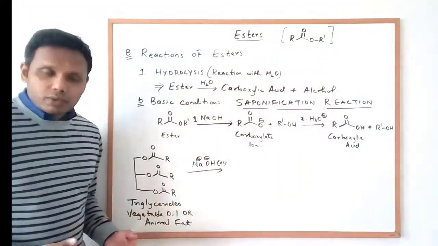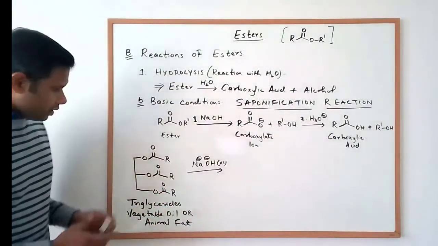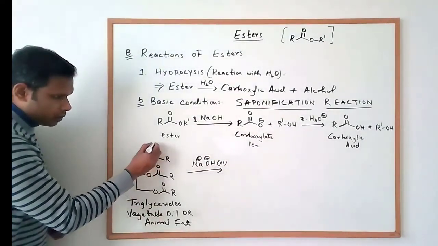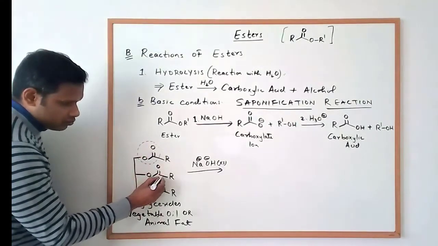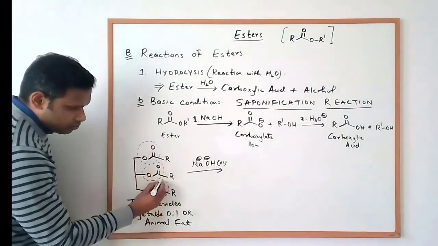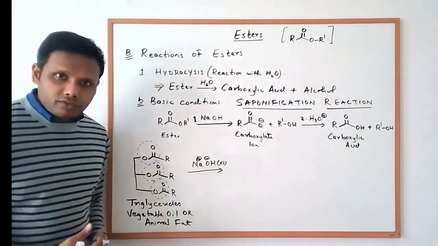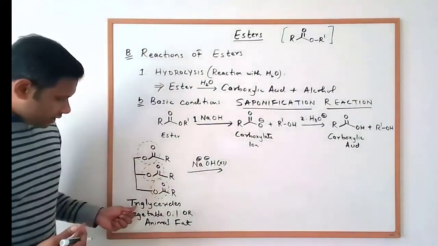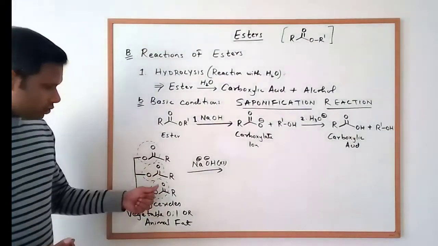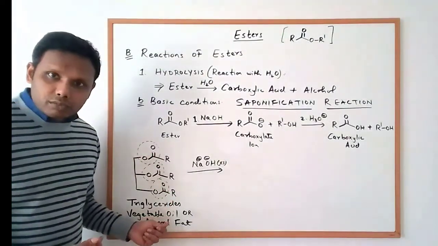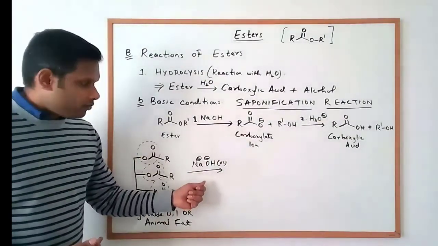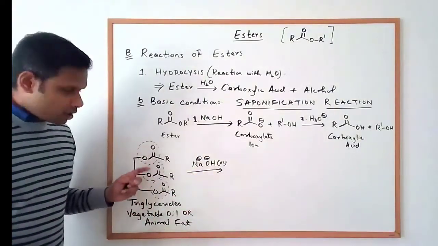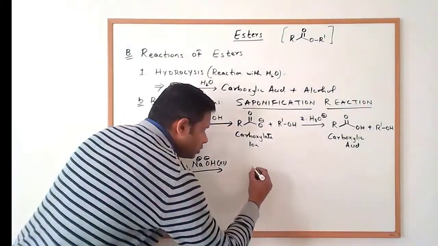So the molecule of vegetable oil or animal fat looks like this. Now it's drawn in a very weird way, sort of, but if you look at it, there are 3 ester groups in this molecule, okay? So it is basically a molecule with 3 ester functional groups, and the alcohol that is here is glycerol. That's why these are called triglycerides. So when you take triglycerides, which are basically vegetable oils or animal fats, and you react them with sodium hydroxide as a base, in excess, because we have 3 ester groups here, what happens is you end up with